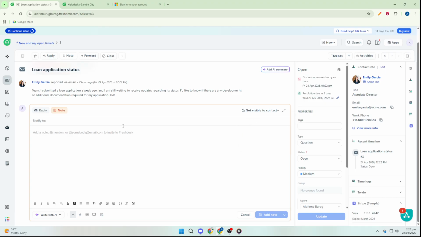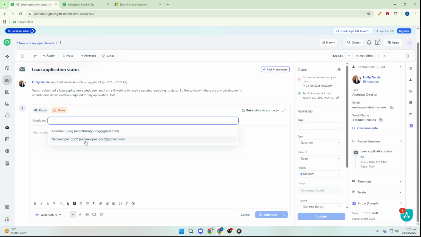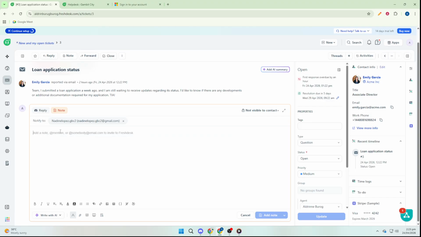Now write your internal note. Be clear and specific. Summarize the issue, list what's been tried, and state what you need from teammates. Brief, structured messages help others act quickly. If there are ticket IDs, error messages, or steps to reproduce, add them. Keep the tone professional and avoid including any personal or sensitive data from the customer, unless it's essential to the